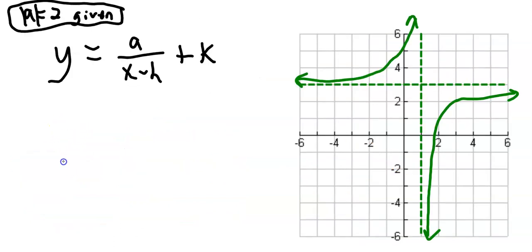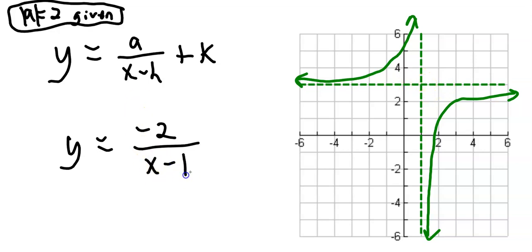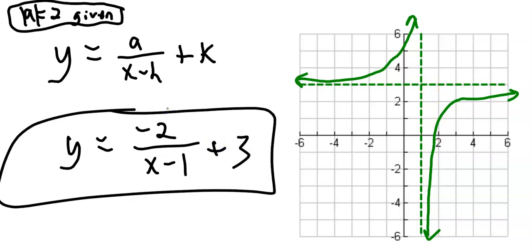One more quick problem. If you've got something like this, we've got y equals, says the absolute value of a is 2. You can tell that a is negative because of the quadrants it's in here, so I'm going to say it's -2 is a. It looks like it has moved 1 unit to the right, so this is going to be x minus 1. Looks like it's moved 3 units up, so plus 3, and I think we have our equation. I know it went quick, but time's